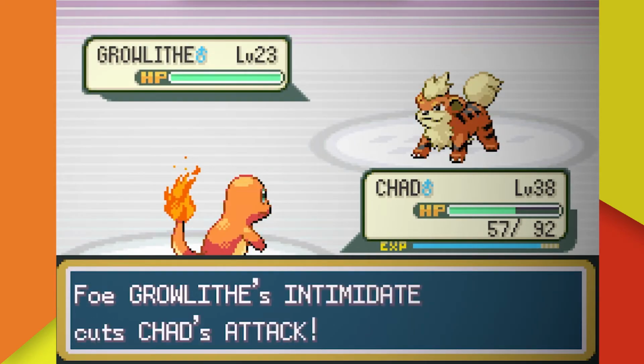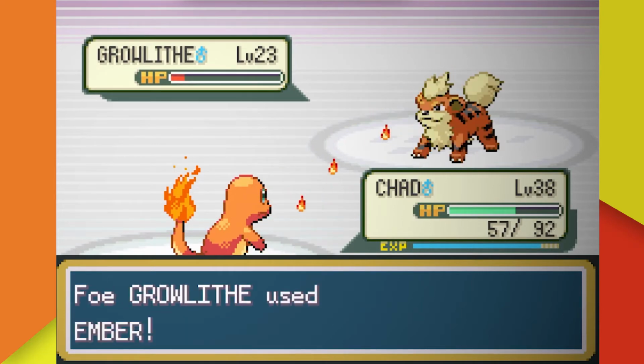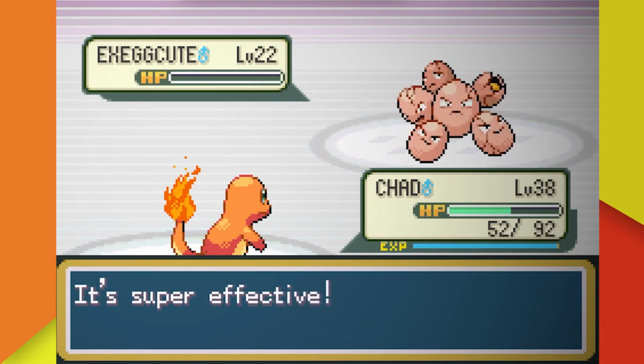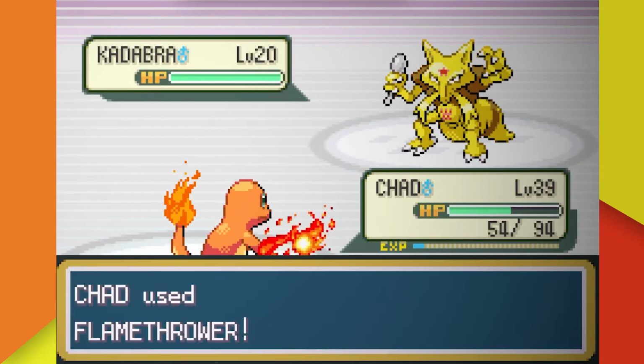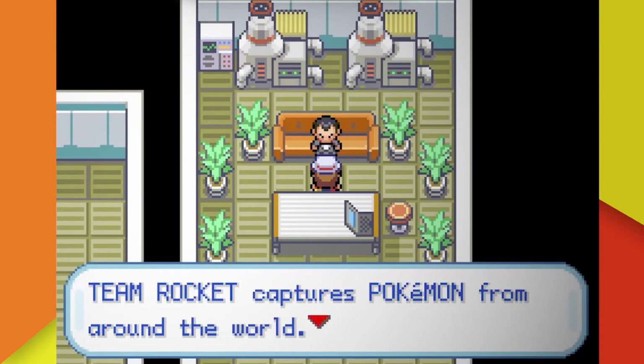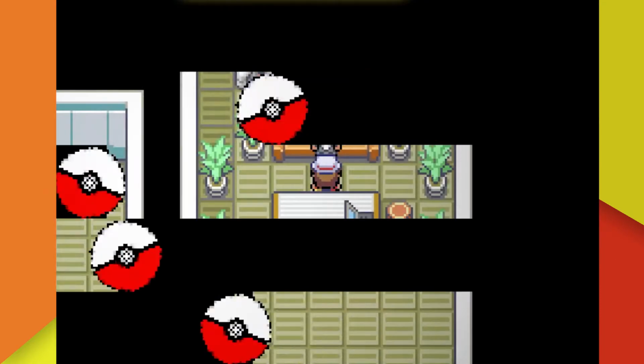Next up is Growlithe, who we're just shy of one-shotting with Flamethrower. Next turn we take it out with a Slash. And then Execute is up next, which we do manage to one-shot, and lastly is Kadabra, which we also one-shot with Flamethrower. After taking care of our rival in Lavender Town, we head to Celadon City, and then take on